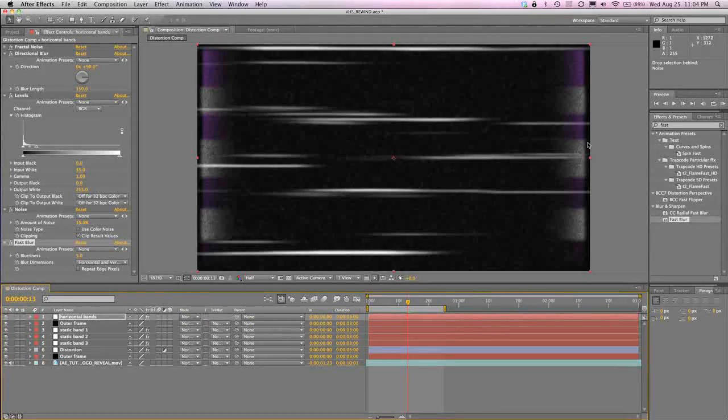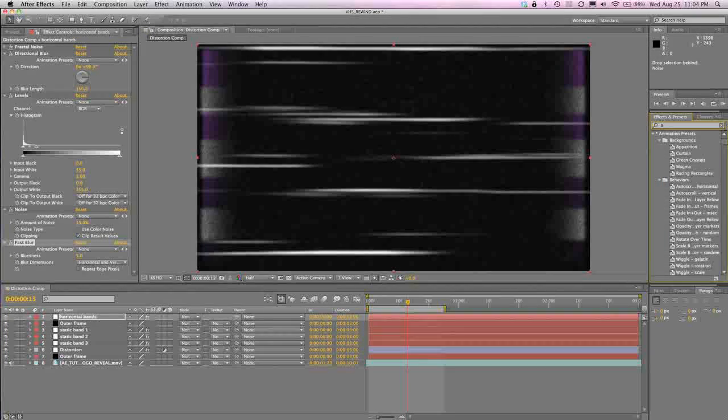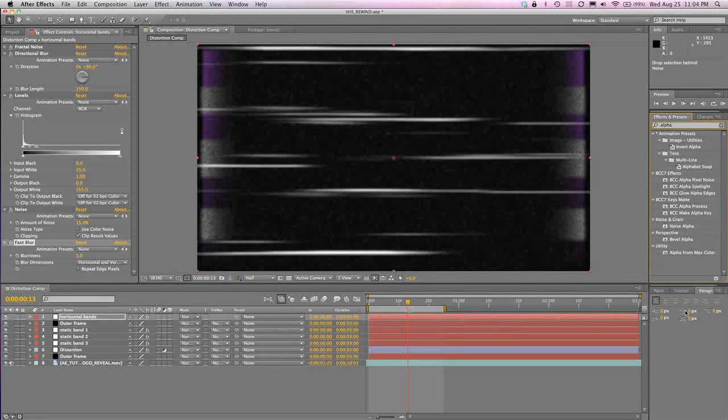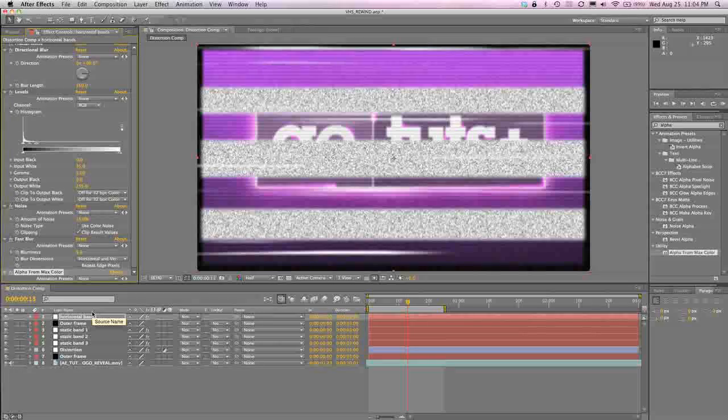So what I'm going to do here is apply an effect called Alpha from Max Color. This is kind of like Unmult, although they don't seem to have a 64-bit version of that plugin out yet. But all this does is it makes the black transparent, actually creates an alpha channel from the dark color, the Max Color. If you don't have that plugin, I think I had to install the Pixel Blender plugins to get it. You could always put a white solid under this and set it to Luma, and then set that to